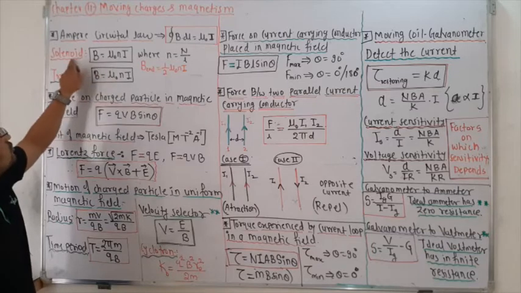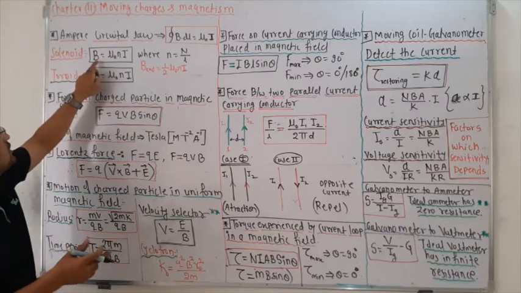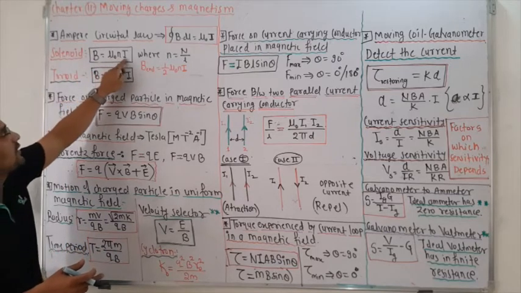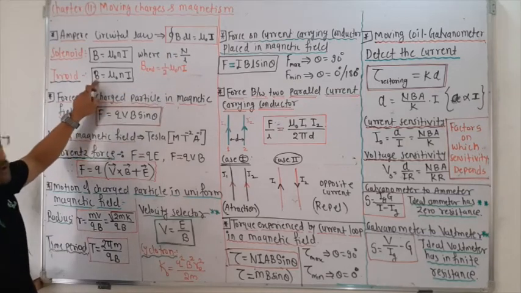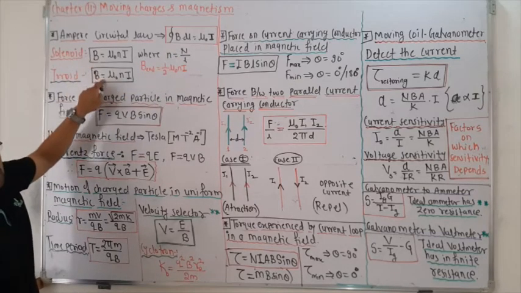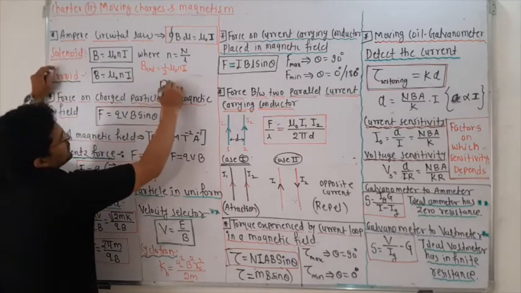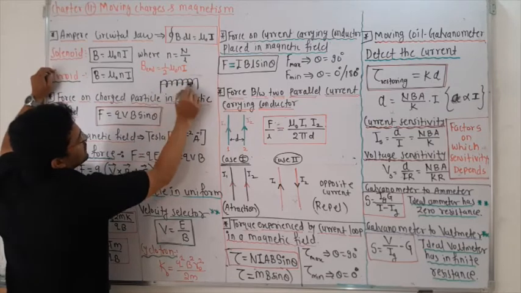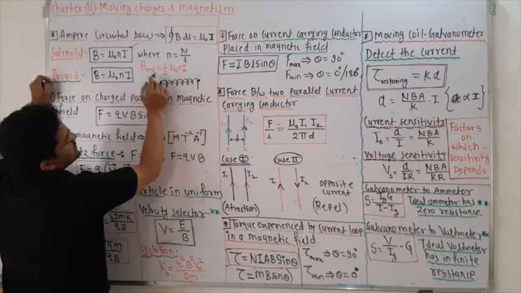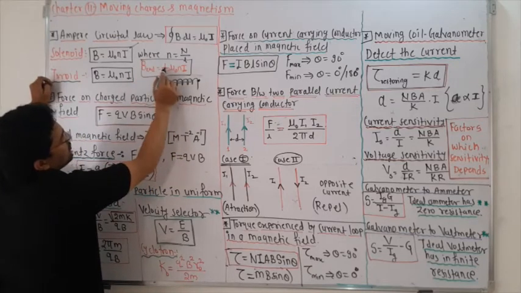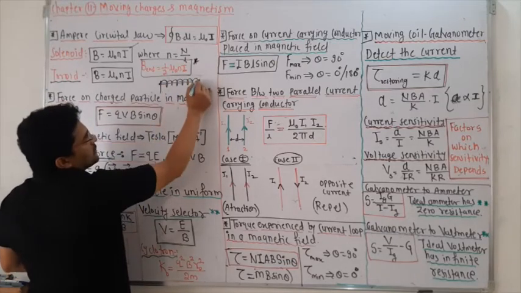The magnetic field due to the solenoid at any point outside the solenoid is 0, but inside the solenoid it is mu naught times nI, where n is the number of turns per unit length. The same equation holds for the toroid. For the solenoid, inside at any point the magnetic field is this much, but at its ends it is half mu naught times nI. So remember this formula at the end of the solenoid, that means here and here.